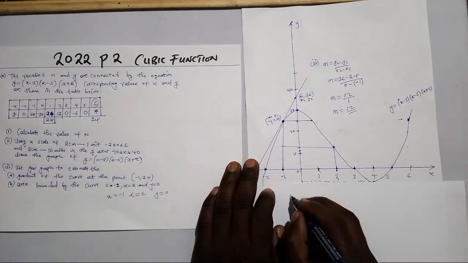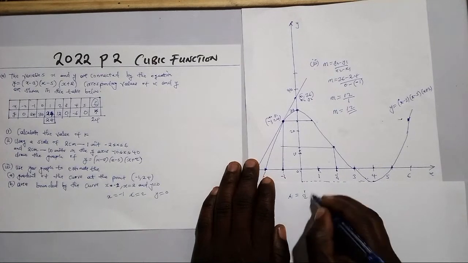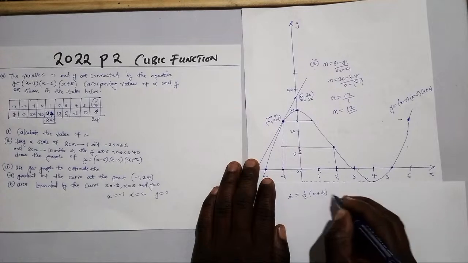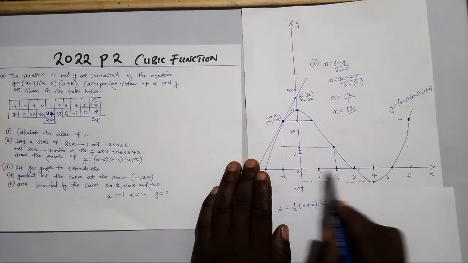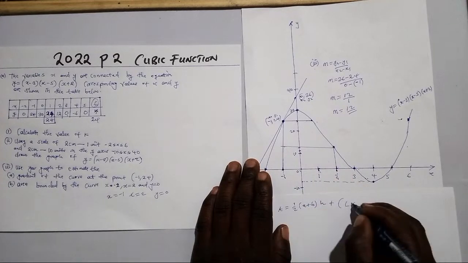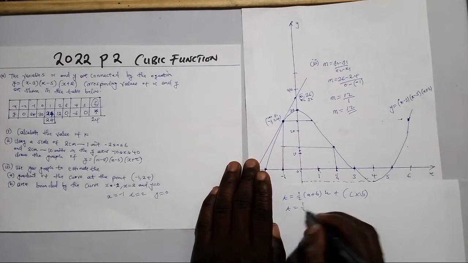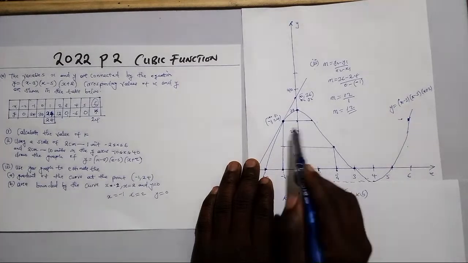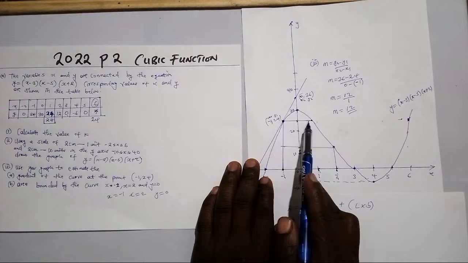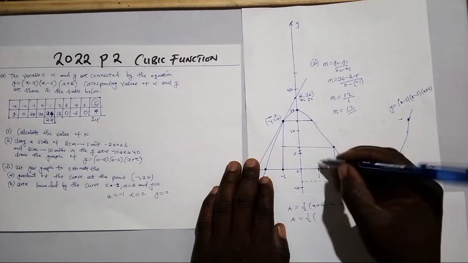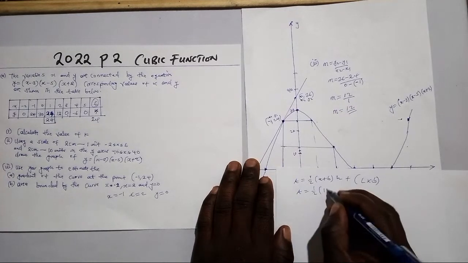So we're going to say area equals the area of a trapezium, which is half (a plus b) times height, plus this is a rectangle here which you are seeing, so it will be L times b. So area will be equal to half, a is this point here, from this point to here, this is where a is. So a is 1, plus